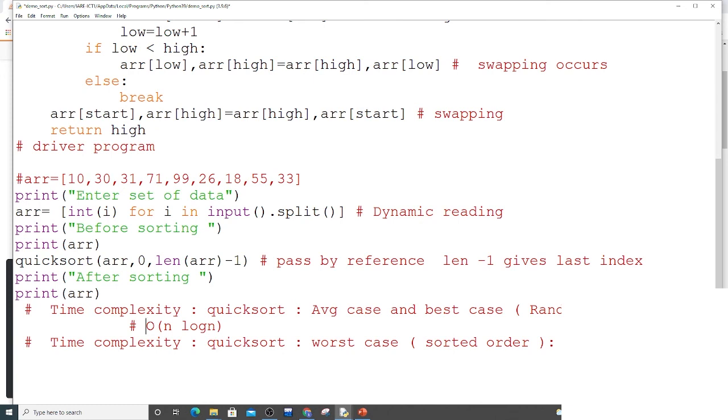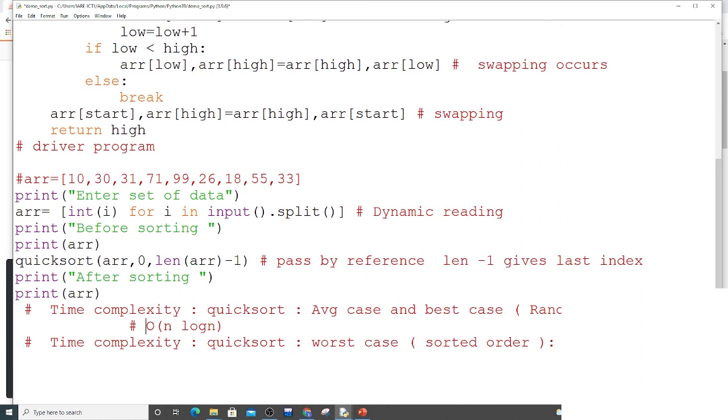Most of the time they will see the time complexity of the program. If the time complexity is less, that's the most efficient program. If the time complexity is more, they will not prefer it. So for every program you write, you have to be very careful about the time and space factor. If the program consumes more time, then that is not a better one. If it also consumes more space, that is also not a better program. So you have to write in an efficient way so that it takes less time and less space. These are the two important criteria for any program.